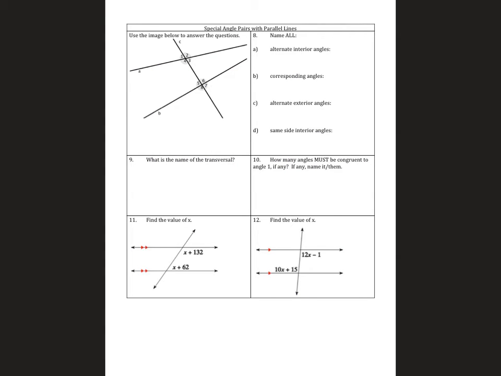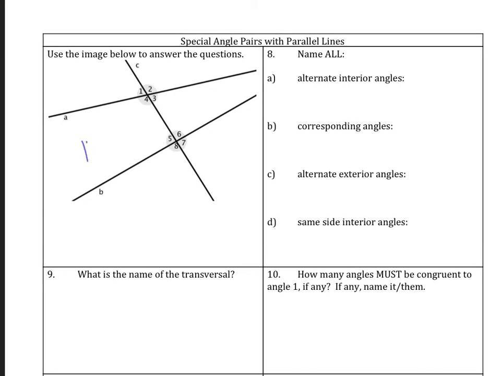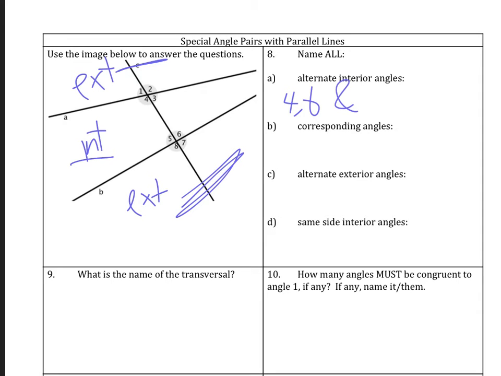Name all alternate interior angles. So alternate interior angles, the interior is here, and then the exterior is out here and out here. So alternate interior, that would be like 4 and 6 and 3 and 5. Corresponding angles, those are all about the same position. So like 1 and 5, 2 and 6,